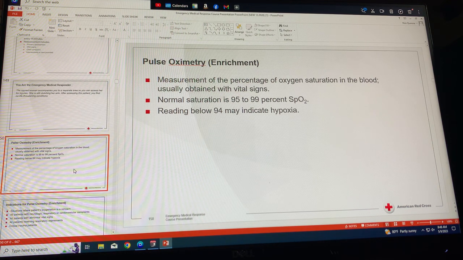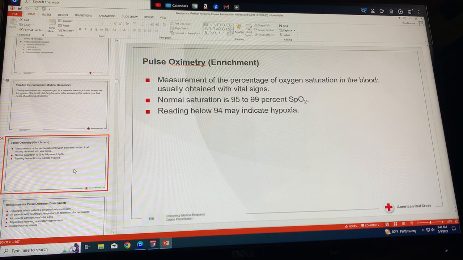Pulse oximetry. Pulse oximetry is used to measure the percentage of oxygen saturation in the blood. The reading is taken by a pulse oximeter and appears as a percentage of hemoglobin saturated with oxygen. Normal saturation is approximately 95 to 99%. The reading is recorded as a percentage,